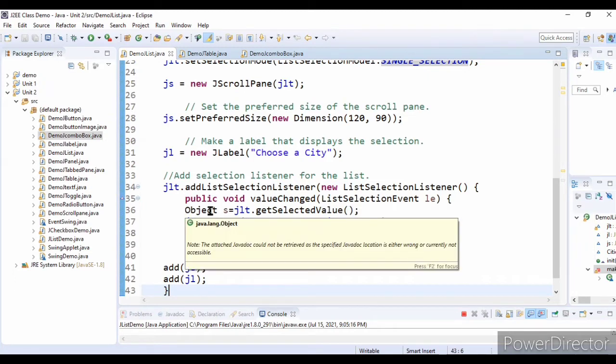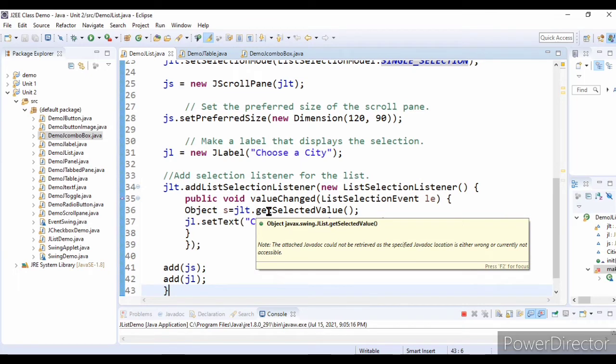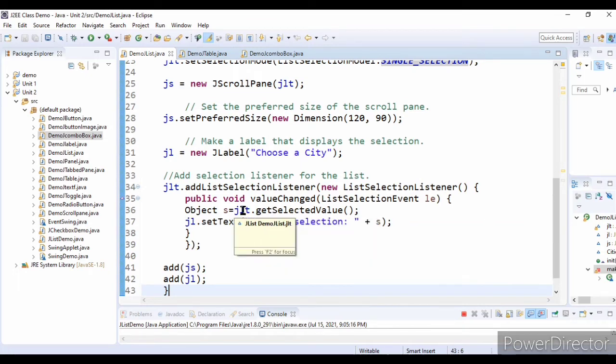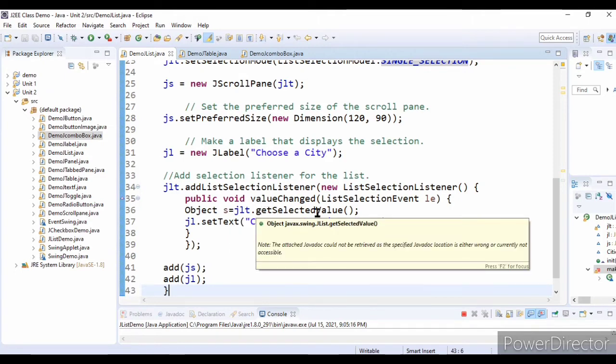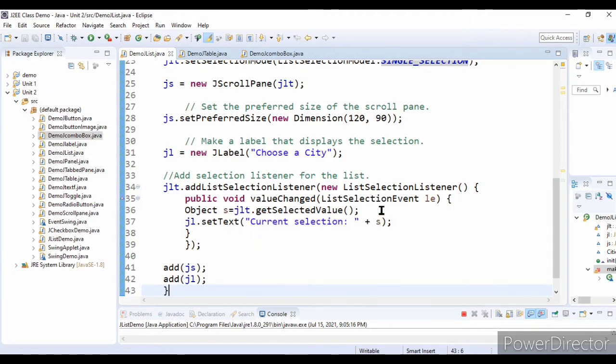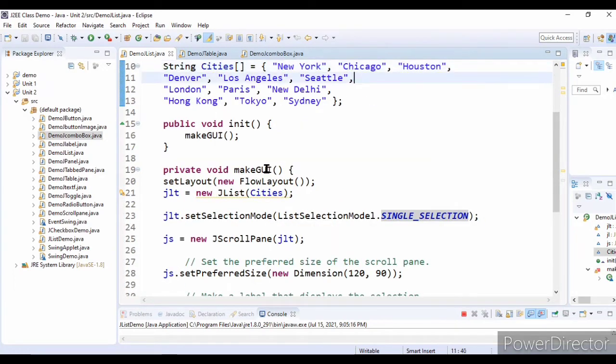Next I am getting the selected value from the JList. getSelectedValue means I am getting which item or which city is selected in the JList. That is of type Object. So I am creating an object s and storing that value in this object. Suppose I chose the city New York.